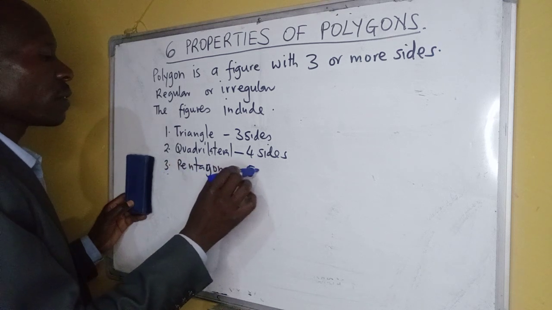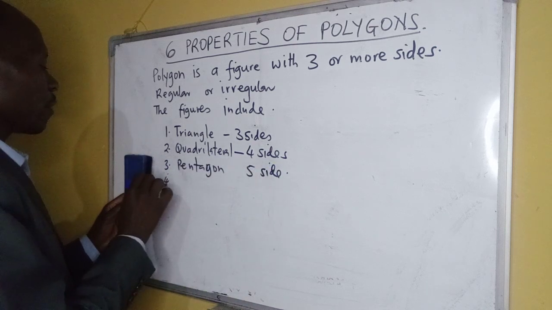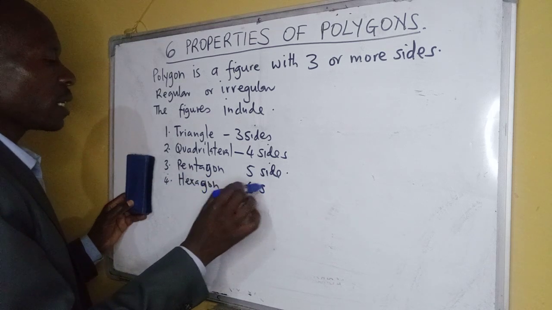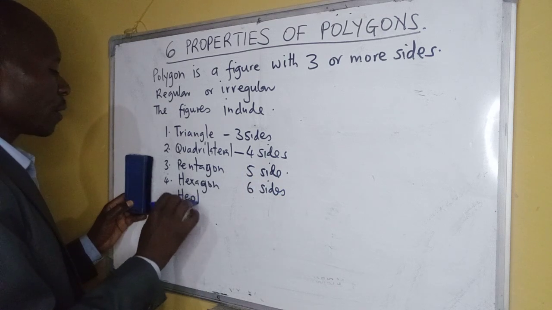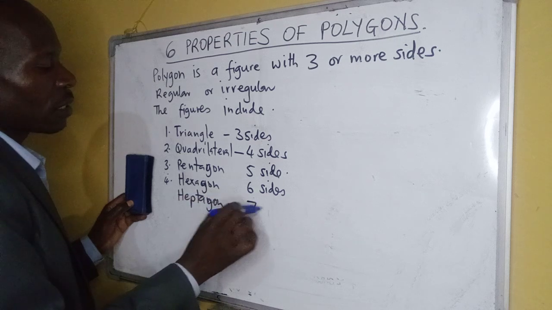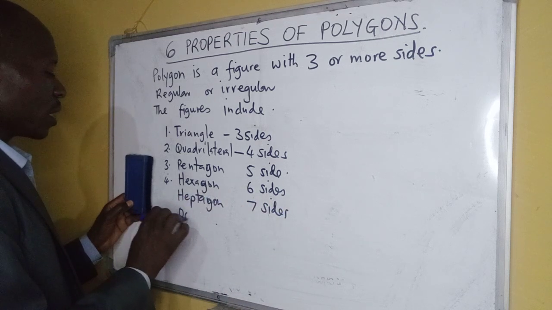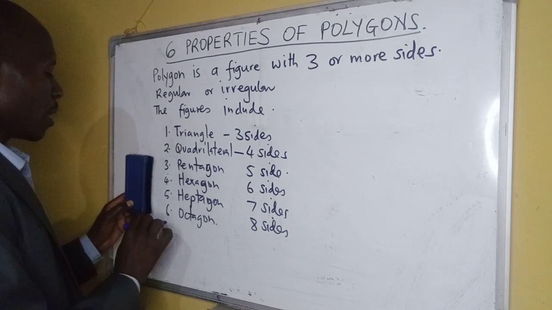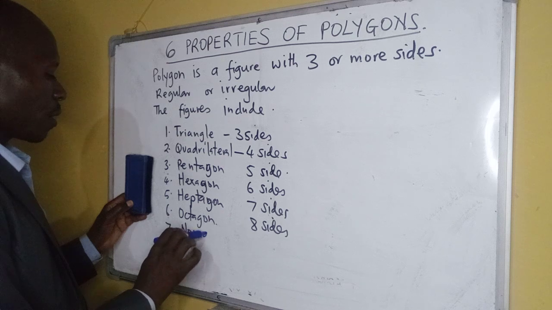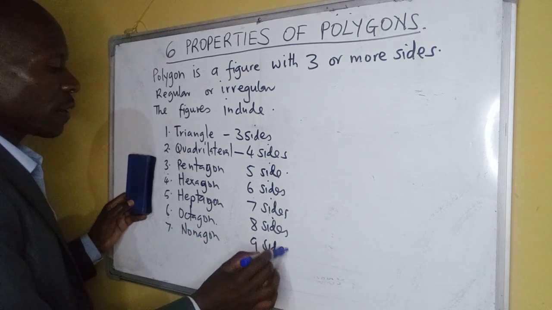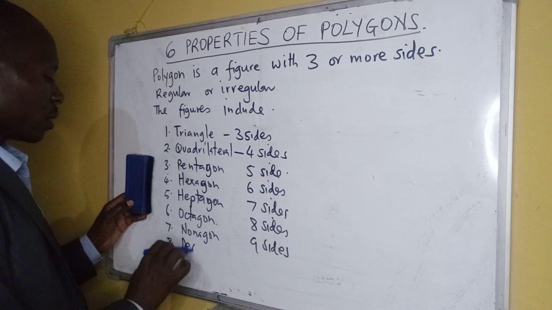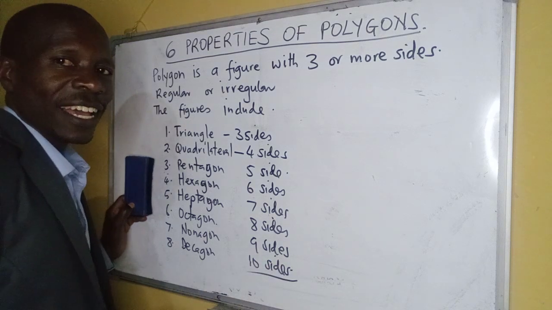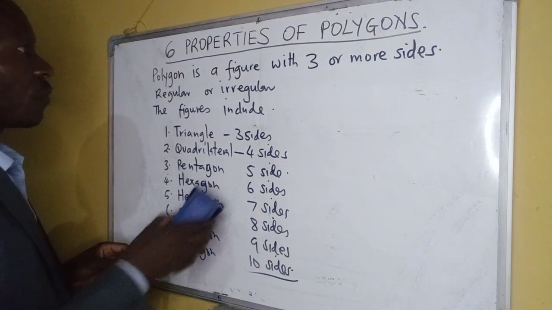Pentagon has 5 sides. We have a hexagon, which has 6 sides. A heptagon has 7 sides. An octagon has 8 sides. Then we have a nonagon with 9 sides. Then we have a decagon with 10 sides. For today, I will reach there, but I want to go now into the properties,